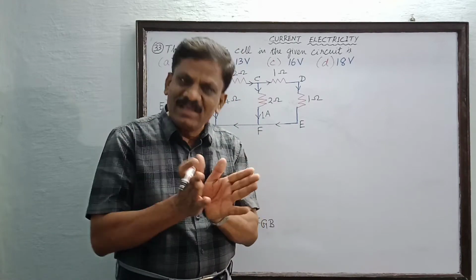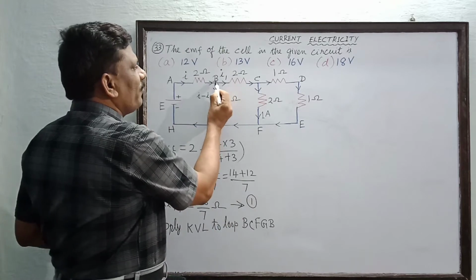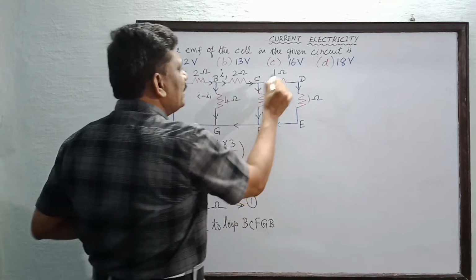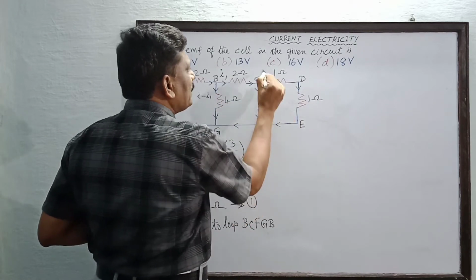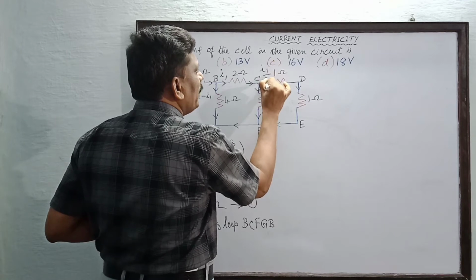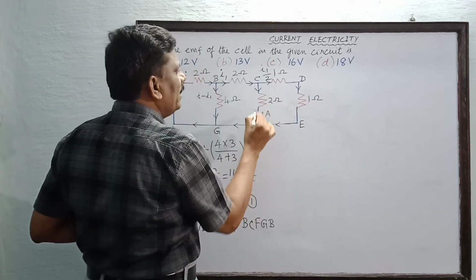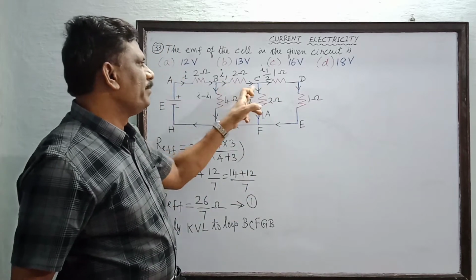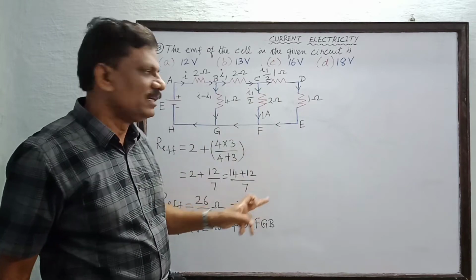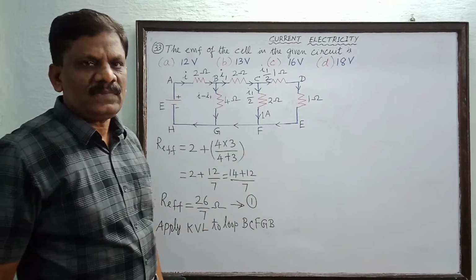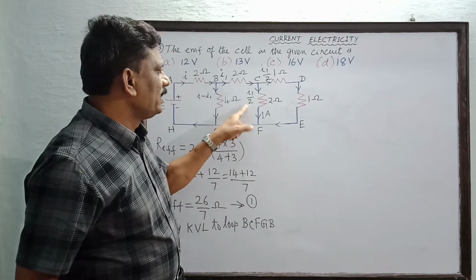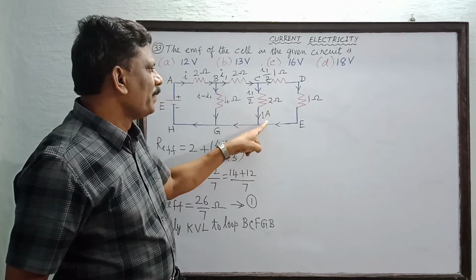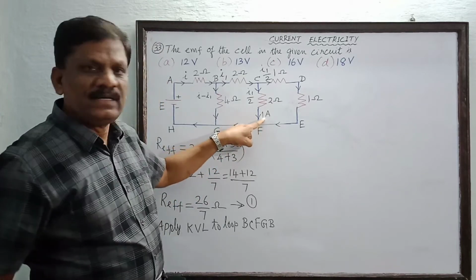Equally. The current will divide equally. So if the current flowing from B to C is equal to I1 ampere, then at junction C, since equal resistors are there in both the paths, the currents will be I1 by 2 along CD and I1 by 2 along CF. So this I1 ampere is divided equally. Understand? Now you see that this current I1 by 2 is equal to 1 ampere. Is it not 1 ampere?